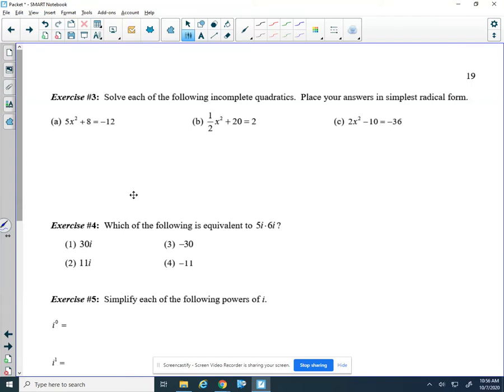So before we look at some other properties of i, we're just going to solve quadratics that might end up with imaginary solutions. Looking here, these are all incomplete quadratics. We have a whole lesson where we'll go back to the quadratic formula. Looking at each of these quadratics, they are all missing the x term, right? They just have constants or an x squared term. So I can just isolate